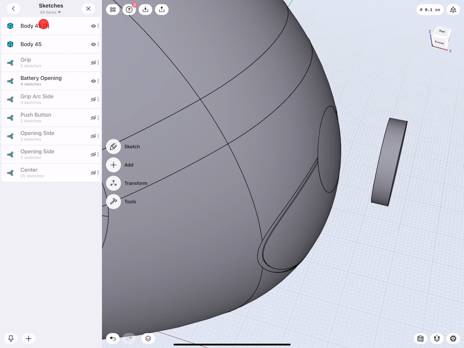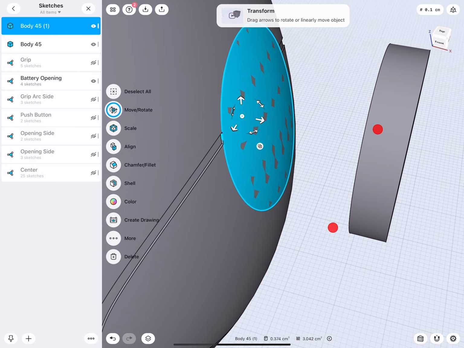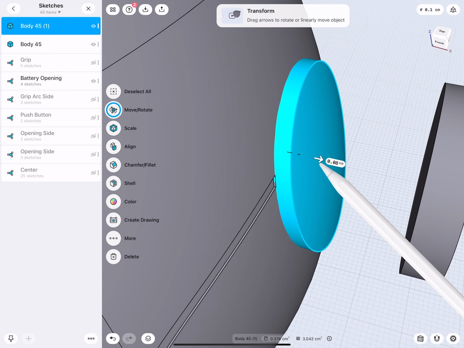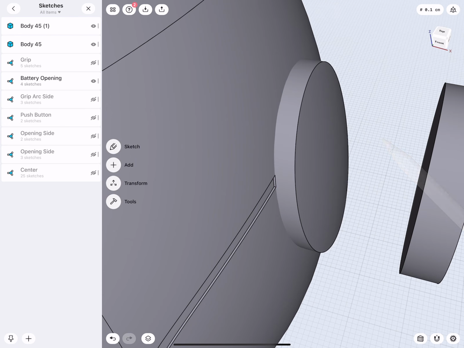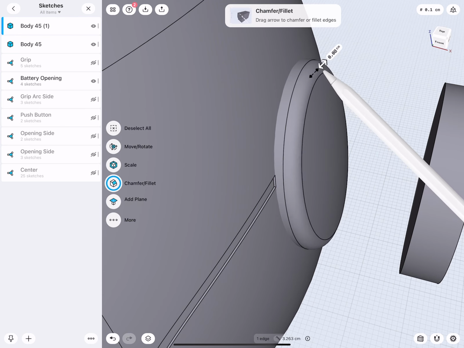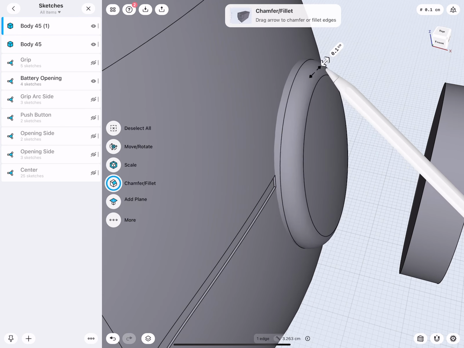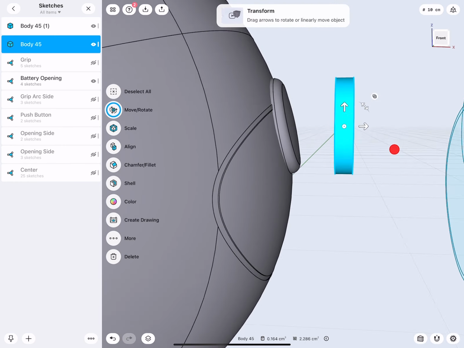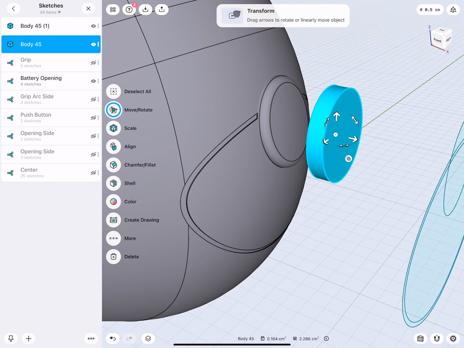Okay, so I have to select the correct object. There it is, it's inside. Let's move this back out. There we are. And we can fillet this. Now this was the copy, just to show you how we brought this one in.